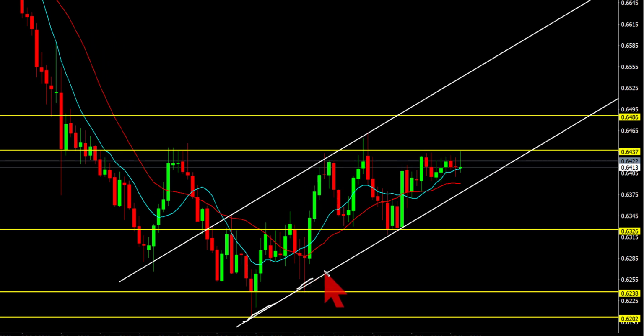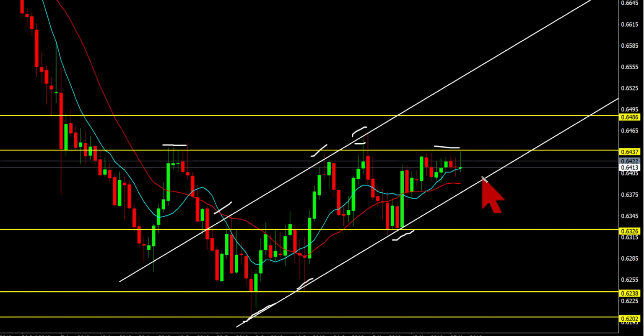That is our dynamic support level right here. And on that retest right here, we have a retrace up right here, our dynamic resistance level, and that retest here, and that retest right here. So right here, and also again, if you watch properly, we can see we have a formation of an ascending